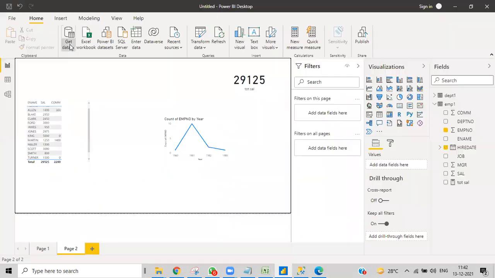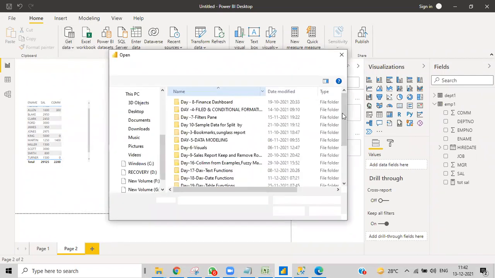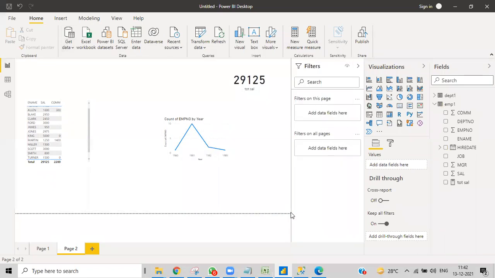I'll get my data, just one minute, so that it should be useful for us daily, like sample store data.